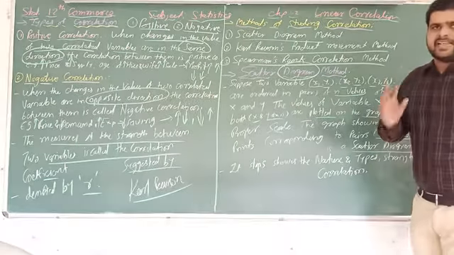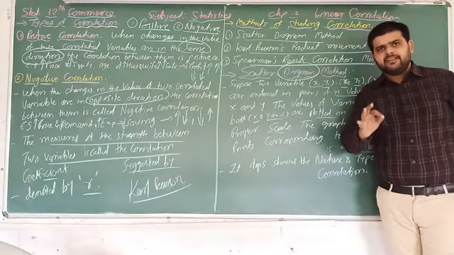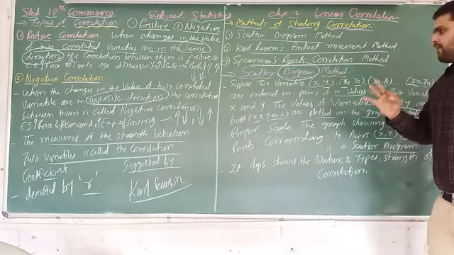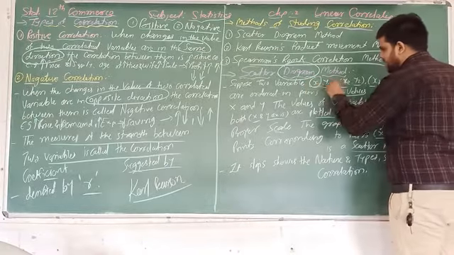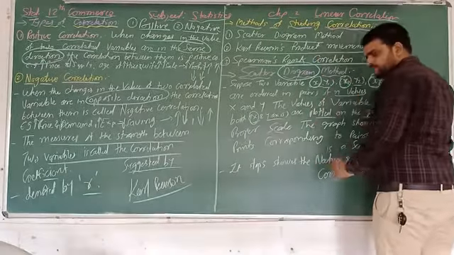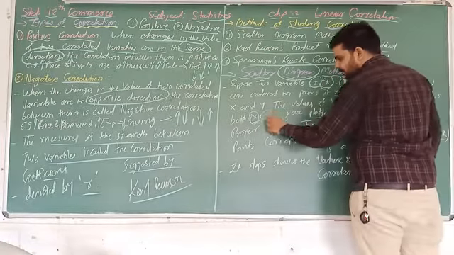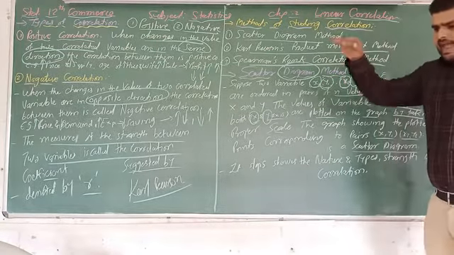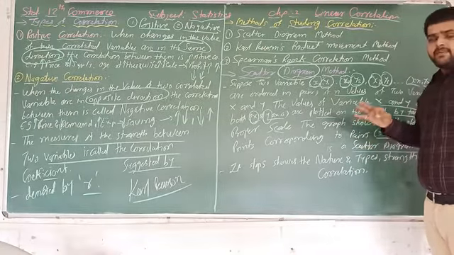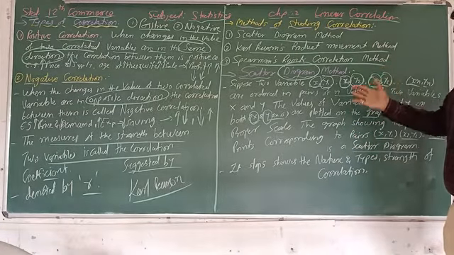What we have to do is write x1 y1, x2 y2 in a format. Then we take an appropriate scale diagram, that means a graph. Whatever x series is there, x1, x2, x3, x4, we plot on the x axis, and whatever information regarding y1, y2, y3 is there, we plot on the y axis. The resulting diagram is called a scatter diagram. With the help of this diagram, we find out the relation between the two variables x and y.